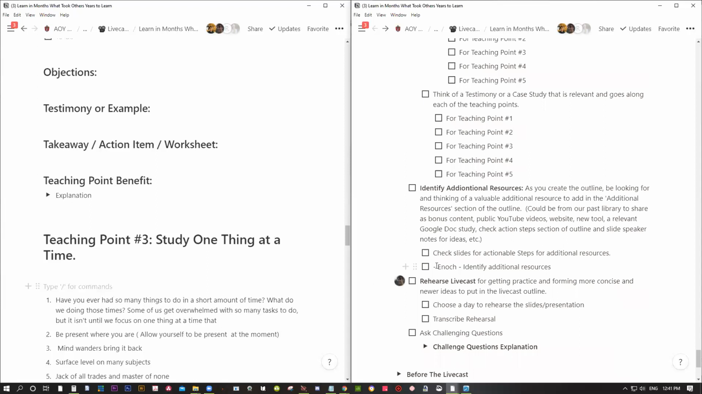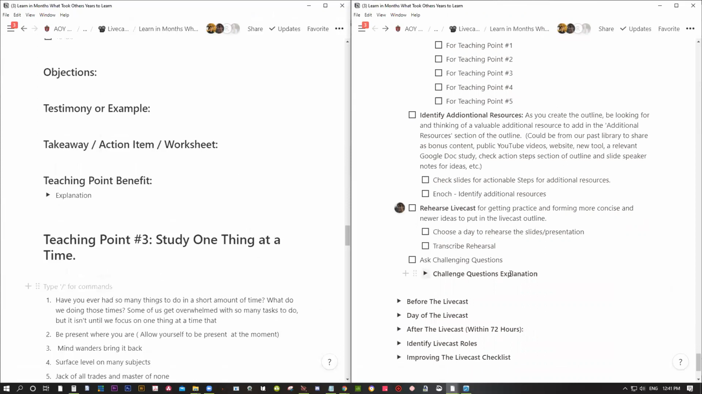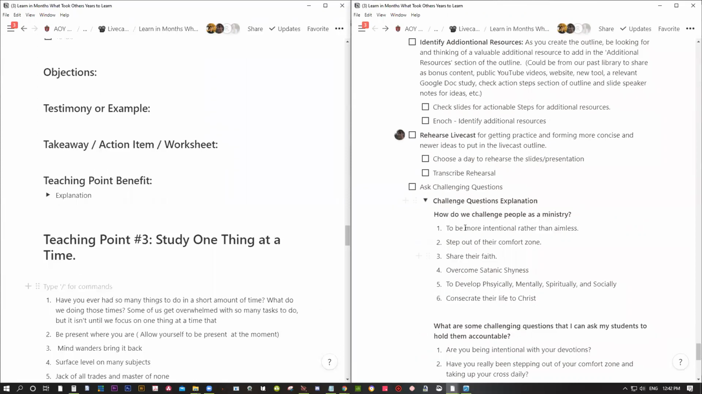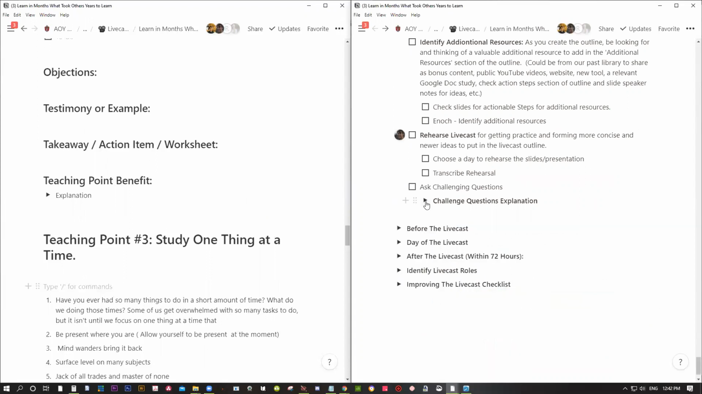Yeah, so we want to find the additional resources. I still got to create one of them, and I got to rehearse them, and I need to ask challenging questions. And these are some of the areas that I want to help challenge people in. These are some of the themes that we encourage people. Okay. All right, so now that we have that,